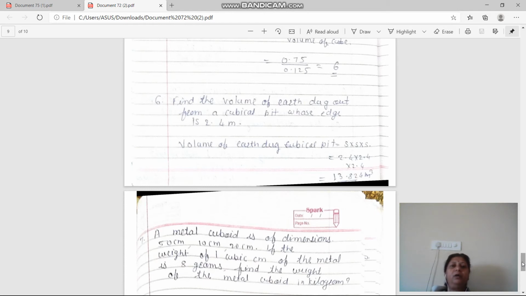Find the volume of earth dug from the cubical pit whose edge is 2.4 meters. Now earth dug means a smaller, we can say